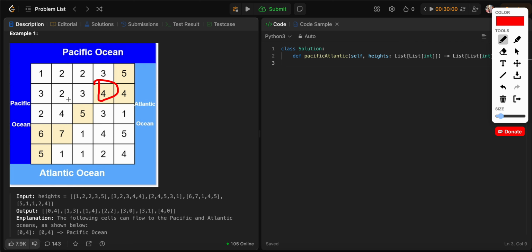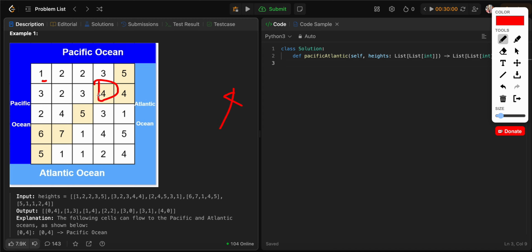So I have tried solving this problem. For each cell, I'm trying to iterate over all possible paths, and if we find that a path works, we will add it to the result. But the time complexity drastically increases. See here, we are going in 4 directions, and each of those 4 directions can go to the next 4 directions. So the time complexity will be 4 to the power,